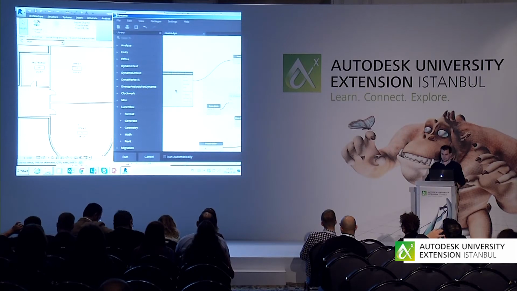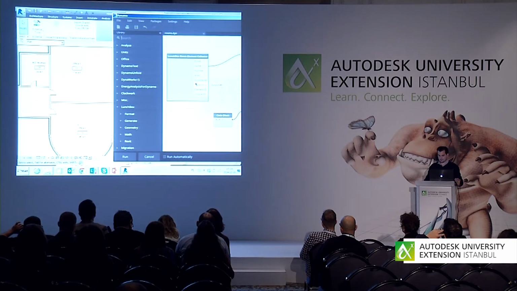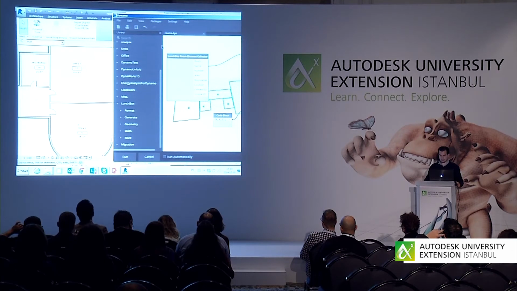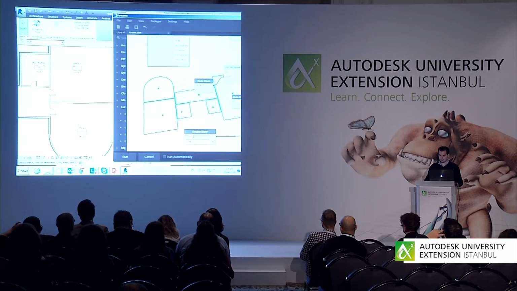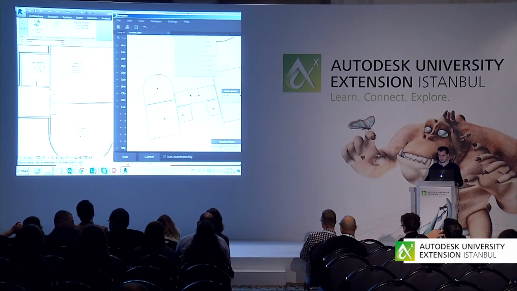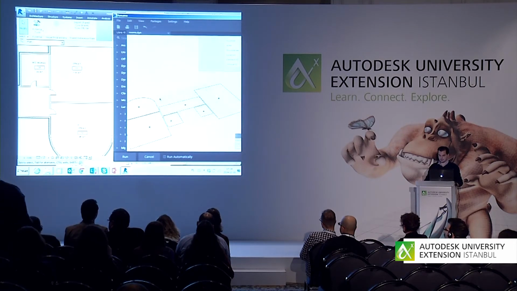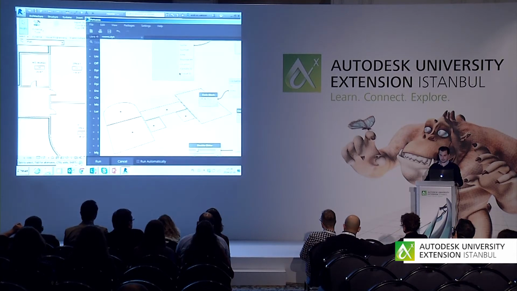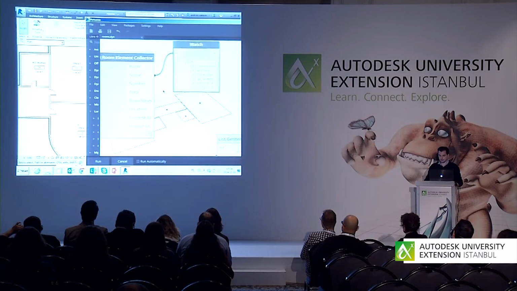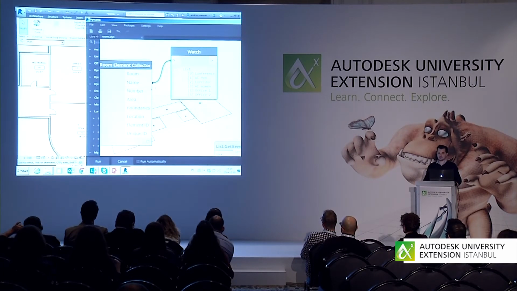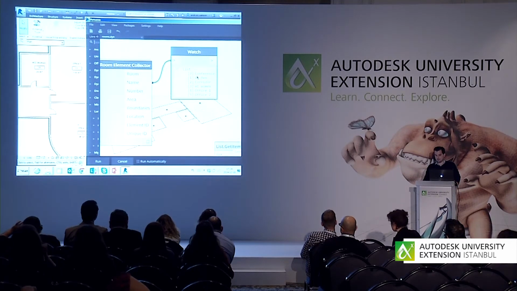And if I just drop it on the canvas and hit F5 or hit run, you can see that it has extracted the boundaries of each room, okay? And what you can see here with the node called watch is that it also reads the names of each room. What is also very important in this moment is that I know that